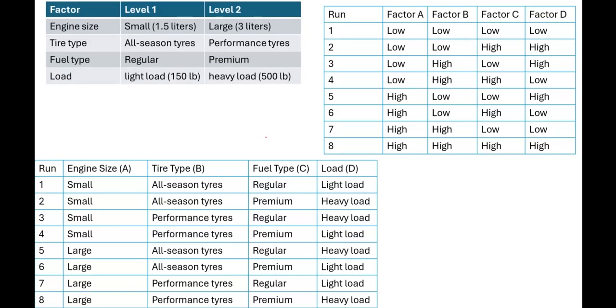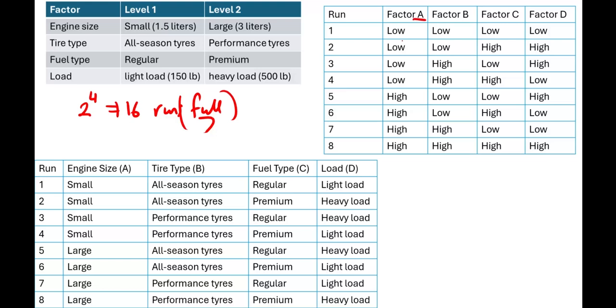So let's first check how many runs we need. If you go with the full factorial, you have two levels and 4 parameters. You will need 16 runs. Okay, this one is for full. But since we will use a fractional one, it means that for a fractional factorial, 8 runs.